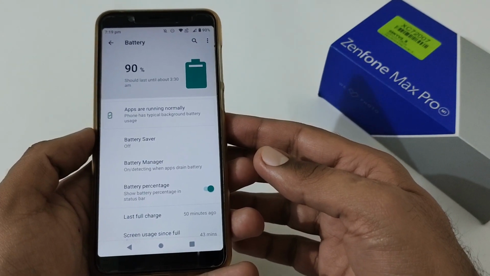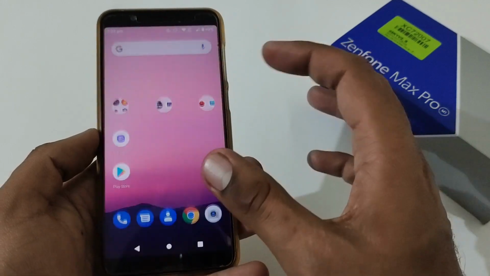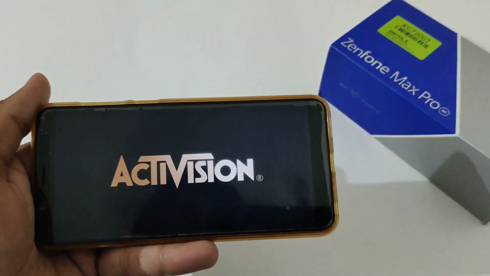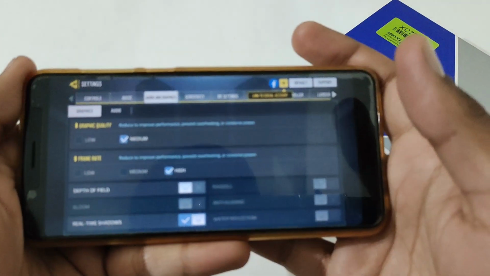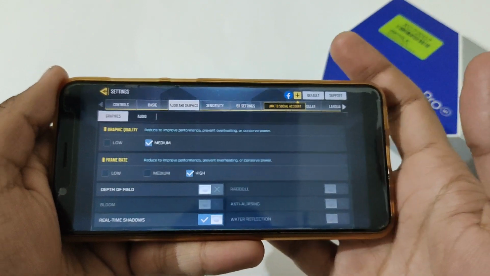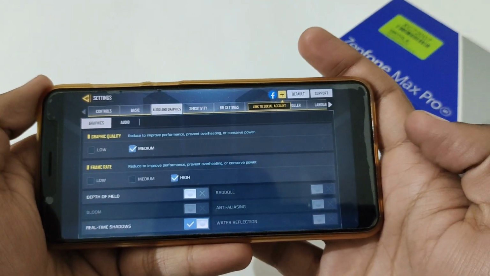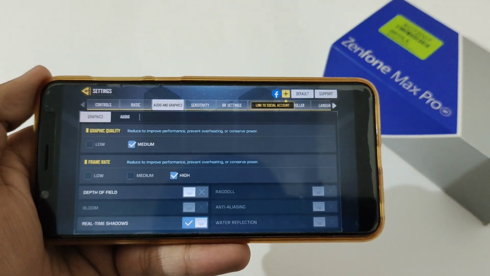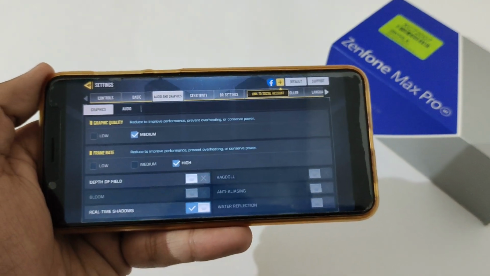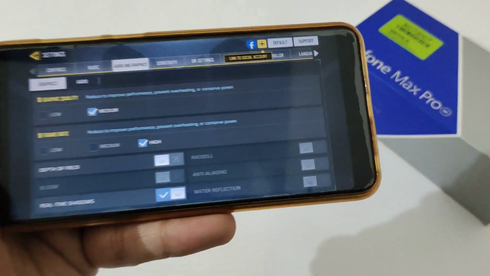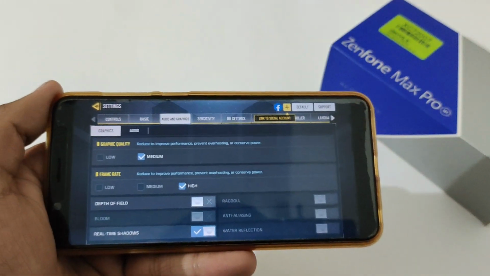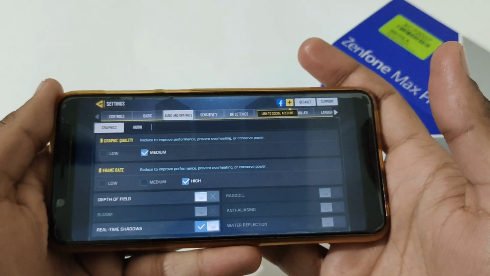So now let's discuss battery consumption with respect to gaming. For that, I'm just going to open Call of Duty for now. I've just opened the audio and graphic settings for Call of Duty. If you are familiar with my videos, then you know what I'm going to discuss now. Usually whenever I do analysis, I play 2 to 3 different times a gameplay of 1 hour, so that I can analyze the proper battery consumption and overall lag and gameplay experience and so on.